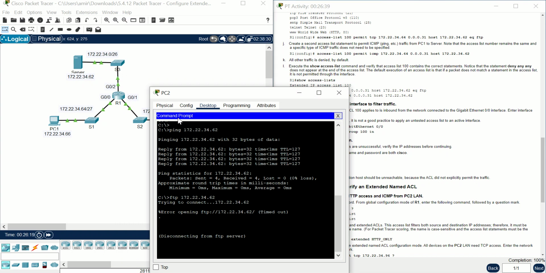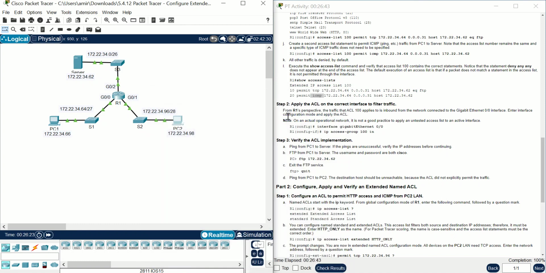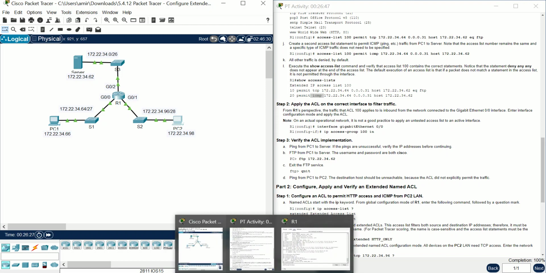is another configuration. Yes, I hope you can understand this activity,